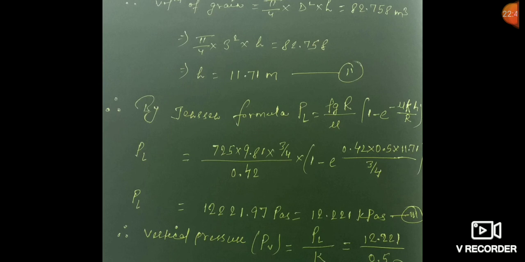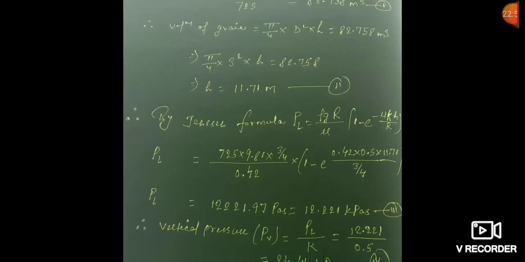Friends, you should always remember that you must not only multiply with the rho value, but rho into g. You should always take care about this, because only after that your pressure comes in Pascal. If you are not multiplying with g, then your pressure is not coming in Pascal, it is simply coming in kg per meter square. So you can make mistakes while calculating. You should take care about all the SI unit values and all the minor details, what we have to multiply and what we have to divide to get the answers.